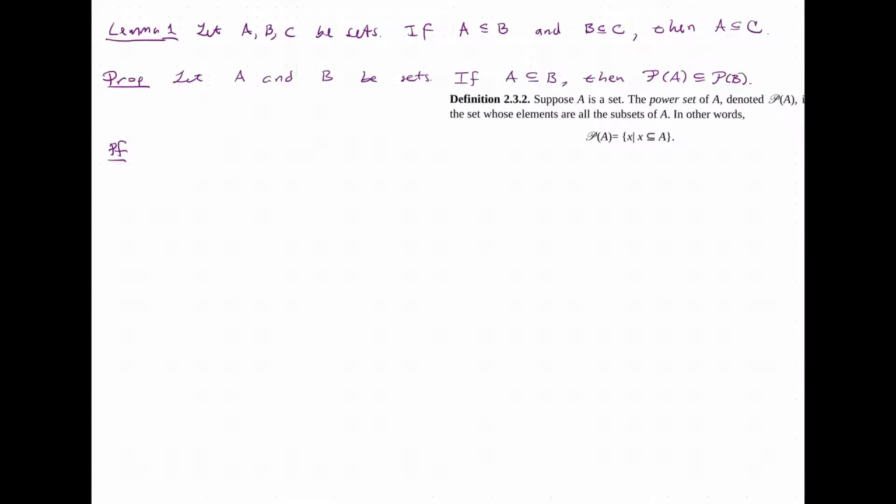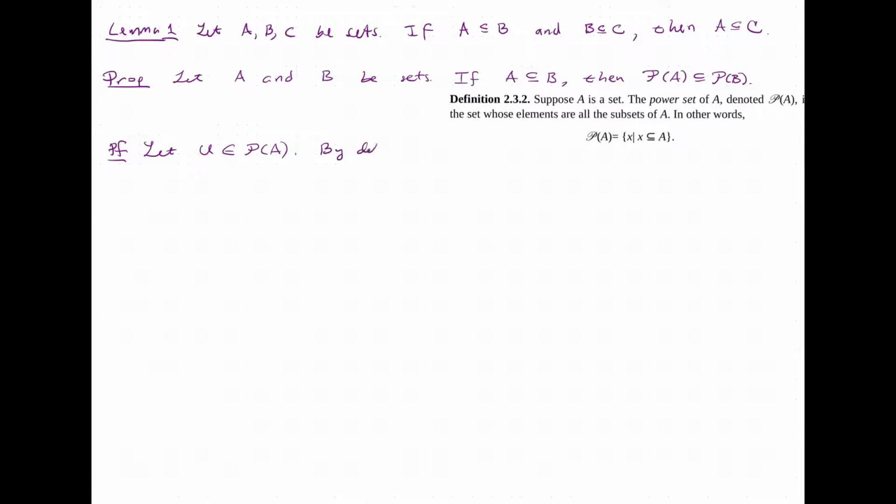So now let us prove the proposition. So as we mentioned, we want to prove if A is a subset of B, then the power set of A is a subset of the power set of B. And so we're choosing some arbitrary element within the power set, which we call U. And so I'm going to write now in a different style than Velleman. So I'm just going to say let U be in the power set of A. And as with Velleman, this is saying that now U is arbitrary. It's arbitrarily chosen in the power set of A.